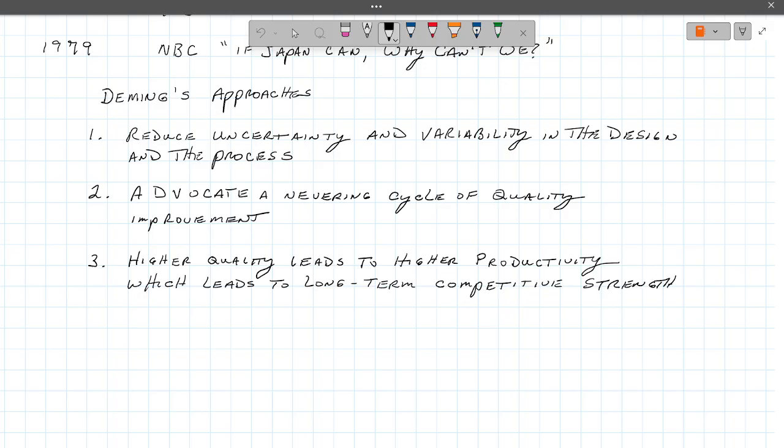Okay. Number 3, you want to ensure that the process brings you higher quality, because your productivity is going to increase, which means you can now outcompete the competition. Okay. So if you were,